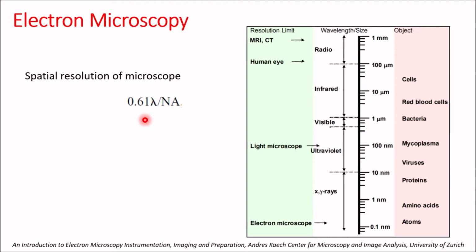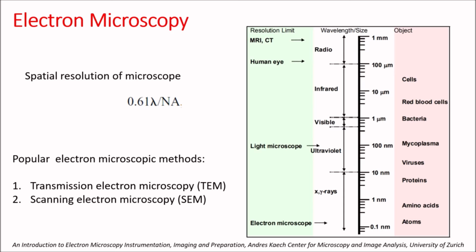This equation is valid for electrons as well, where the speed determines their wavelength. The higher the speed of electrons, the smaller the wavelength and the better the resolution. Since the de Broglie wavelength of electrons accelerated at a sufficiently high electric potential is of the order of 10 raised to minus 10 meter, electron microscopic techniques have emerged as a powerful tool for characterization of the size and shape of nanostructured materials. Electron microscopes can easily resolve structures that are 0.1 nanometer apart.